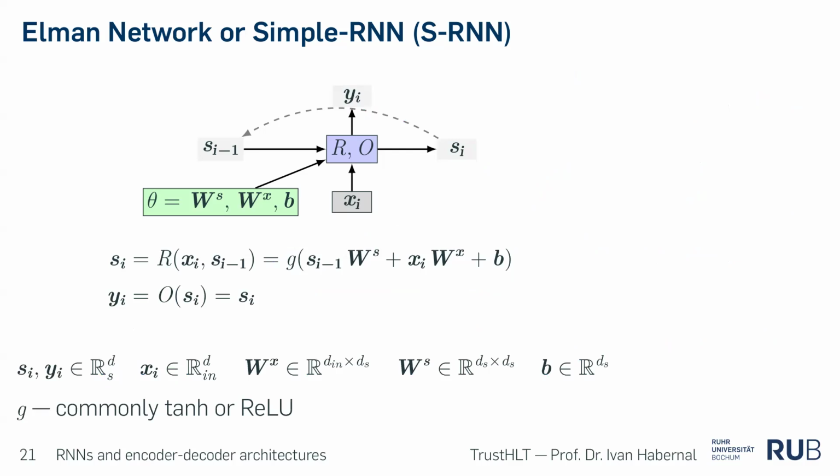So here's some more. These are just to make sure that you understand the dimensionalities of the multiplications, because multiplying by a matrix is a linear projection from one space to another space. So the dimensions have to match. You have to know what the dimensionality of a matrix is, so you can take a vector and get another vector. And the G, okay, so we had a sigmoid. It could also be tanh, or ReLU is also one example of a nonlinear function. So this is the so-called Elman network, or simple recurrent neural network.